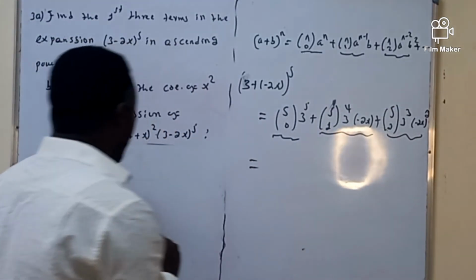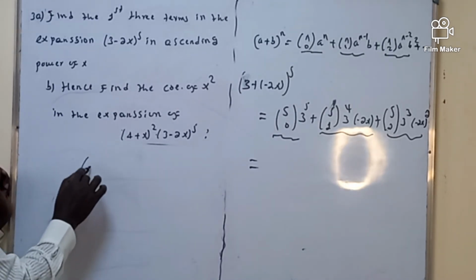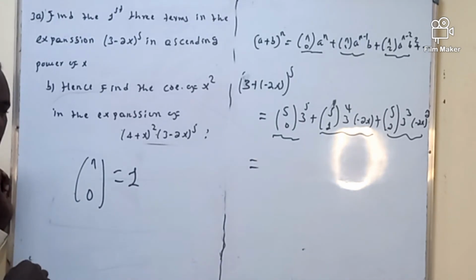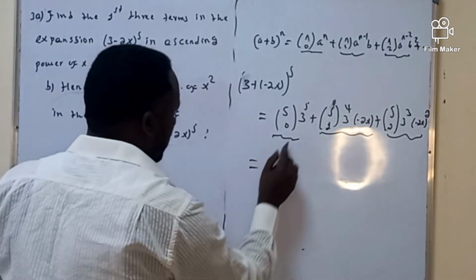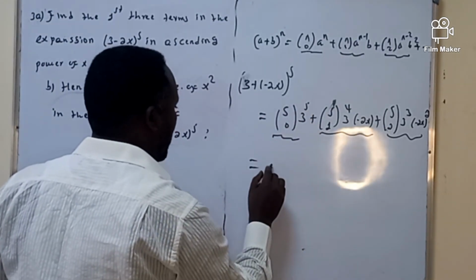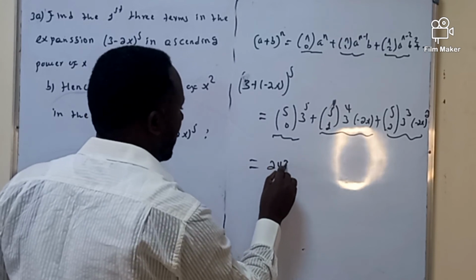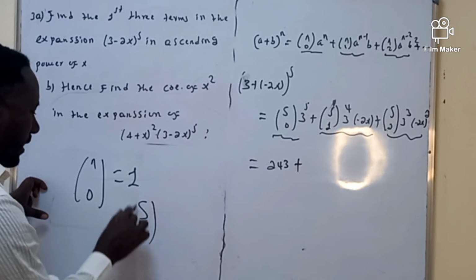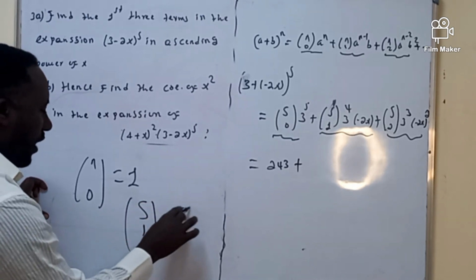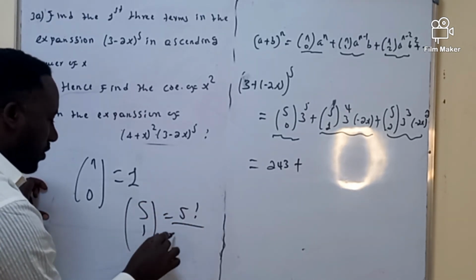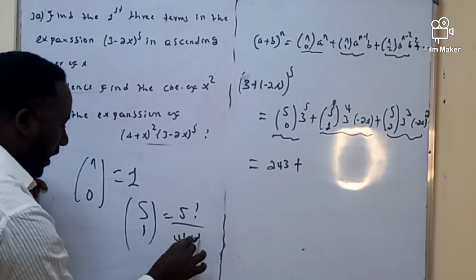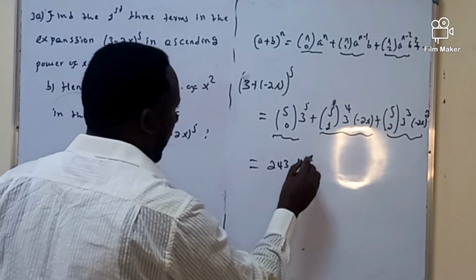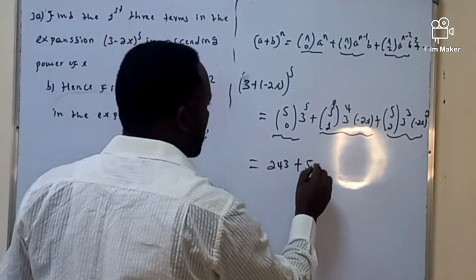And you know that the combination of n objects taken 0 at a time is always 1. So it is going to be 3 raised to 5. 3 raised to 5 is 243. Plus the combination of 5 taking 1 at a time means 5 factorial over 4 factorial, 1 factorial. 1 factorial is always 1. So it is going to be 5 times